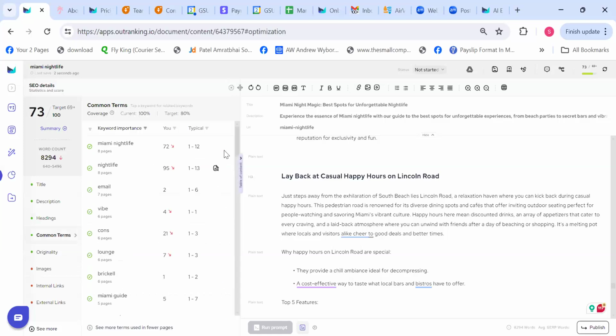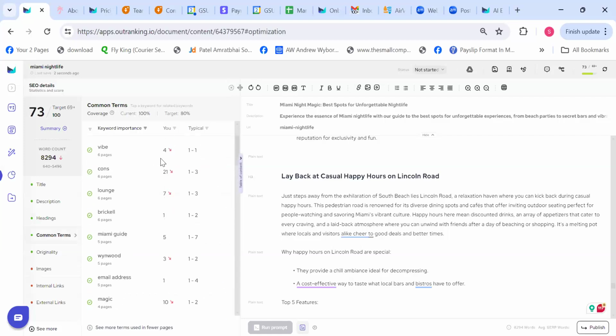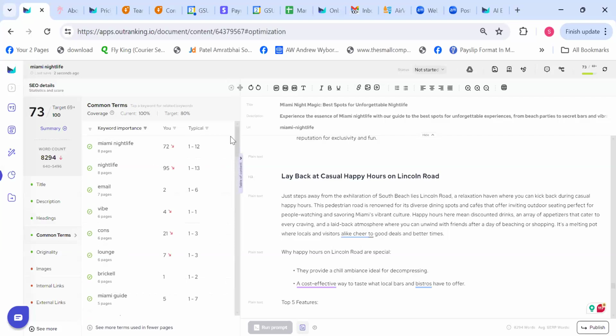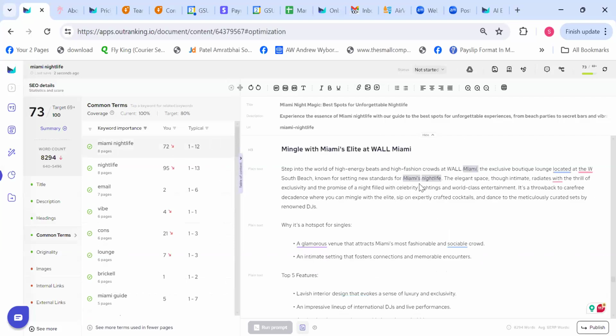Moving on to common terms. So you're targeting most of the common terms here, and if you're targeting something way too much, it will show you a downward arrow. You can click here and it will tell you exactly where you're using it, and where you need to remove it. You are seeing it more because there's a content brief on it. But what you can do is simply remove the content brief and just keep the content that you're planning to publish once all the editing is done, and then you rerun it and go forward. So this is something that you can do.